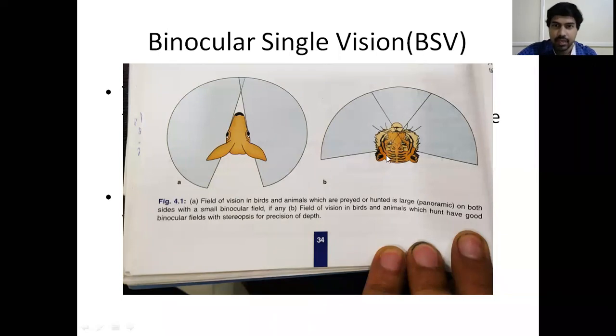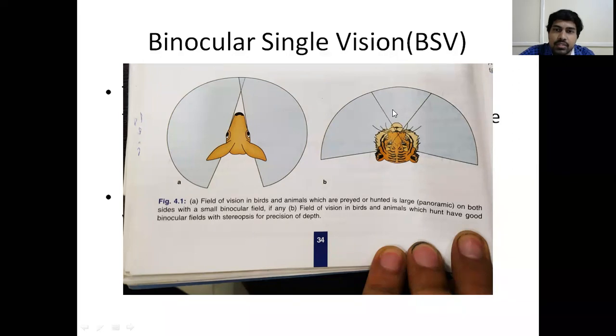Similarly, if you take the case of a tiger or a lion or human beings, here you see both eyes are looking straight. So this right eye has so much of visual field, the left eye has so much of visual field, but the amount of binocular field is improved here. Compared to this goat, where you see only a small triangle of area that has depth perception, this tiger has a greater visual field and is seeing a large amount of space with both eyes together. So it has a good amount of depth perception and calculation. That's why these cheetahs, tigers, lions are all able to jump so easily for long distances. They jump in leaps and bounds.